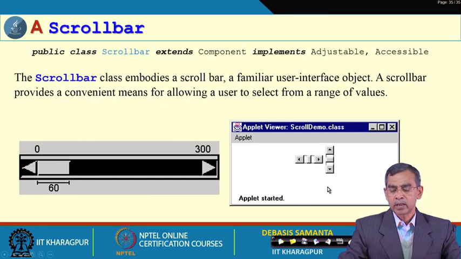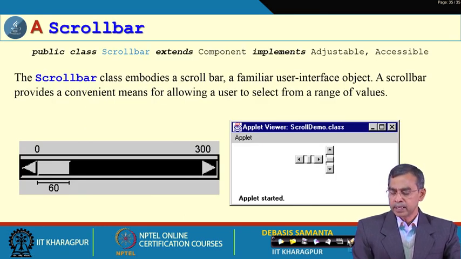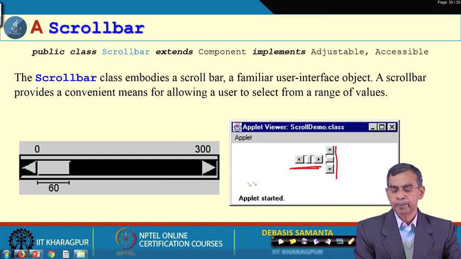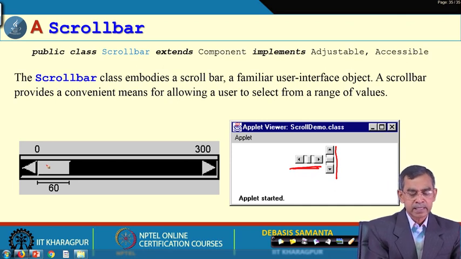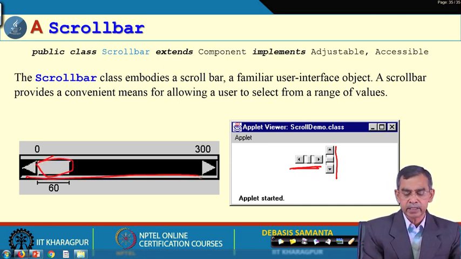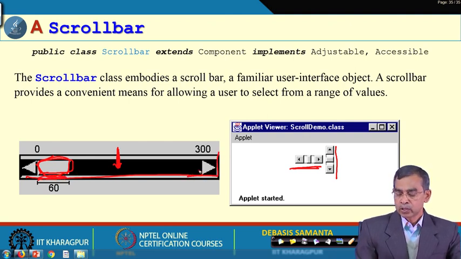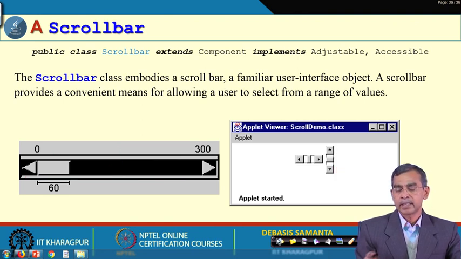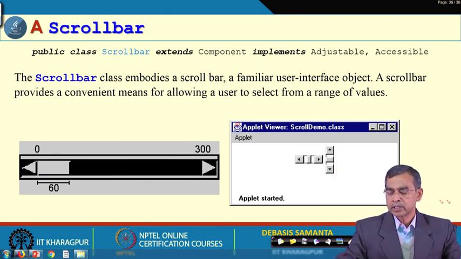Now, here is a scroll bar. We are already familiar with the scroll bar, but independently we can use our own scroll bar. This is the vertical scroll bar and this is the horizontal scroll bar, and a scroll bar has a few things. This is called the visible portion. This is the range, that means the scroll bar will range from 0 to 100. If we click here, whatever the value, maybe 150, will be the value of this point. And the visible space is 60 pixels, and the scroll bar also has width and height. So, these are the elements of a scroll bar, and it can be vertical as well as horizontal. This is the vertical one, this is the horizontal one.